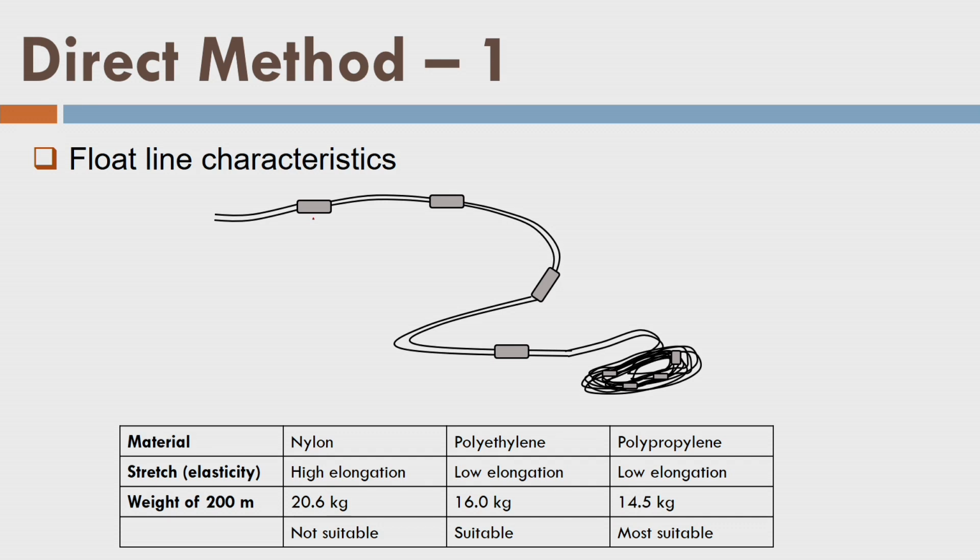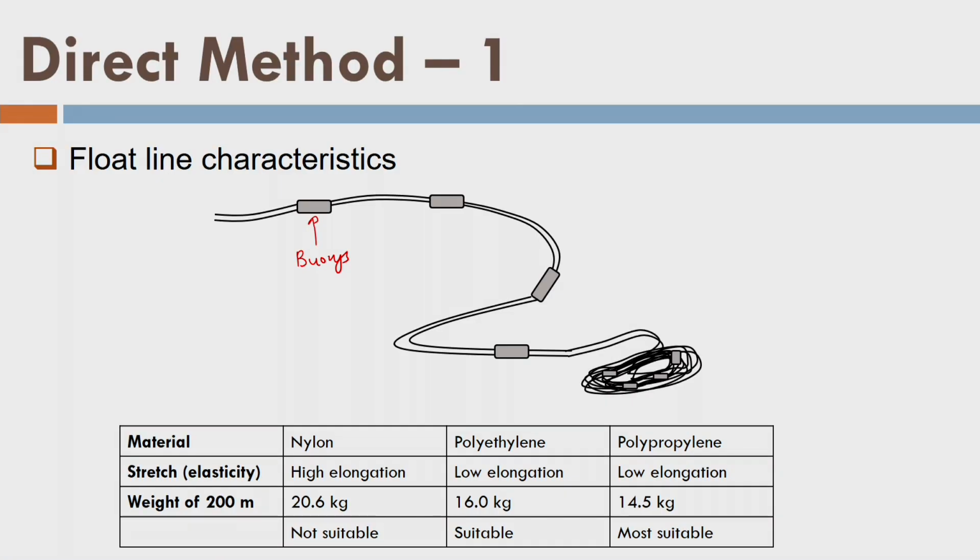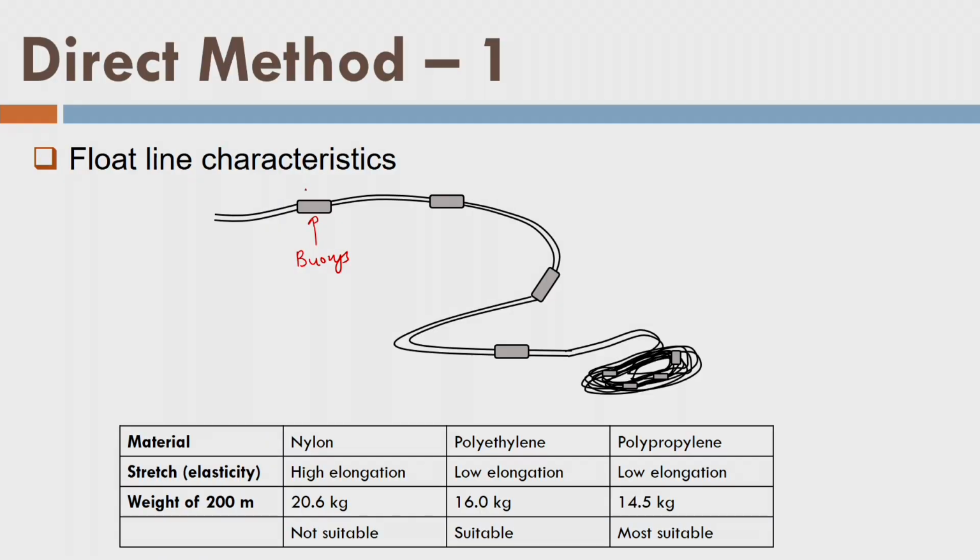Since the length is almost 200 meters, we can cover up to a 200 meter length. This float line has buoys, or floating bodies. That is why the float line always remains on the surface of the water, and it is visible very clearly. Since these buoys, or tags, are marked at a regular interval, this float line is my graduated float line. That means I know the distance between these two tags.